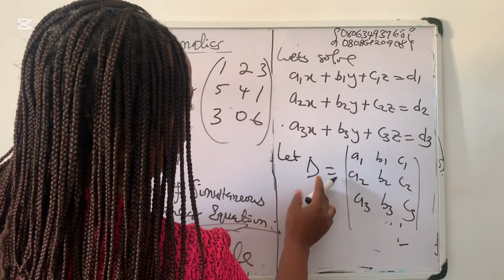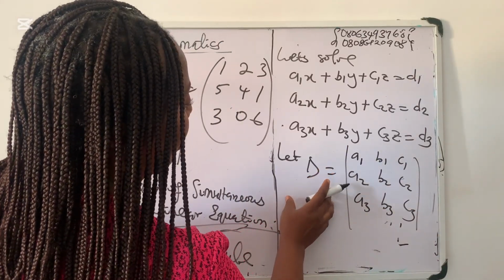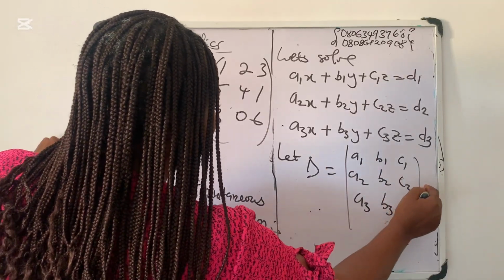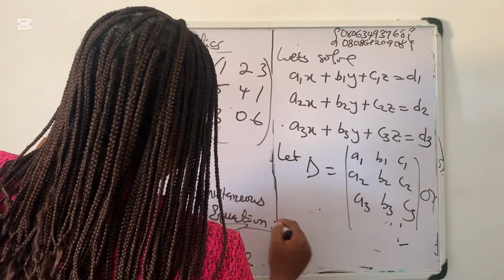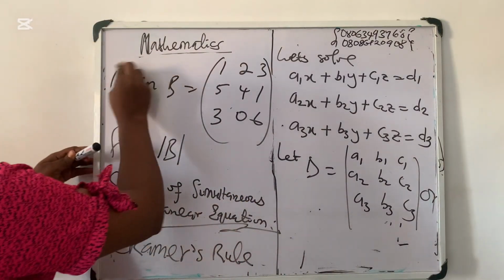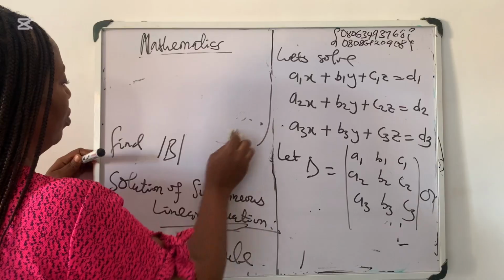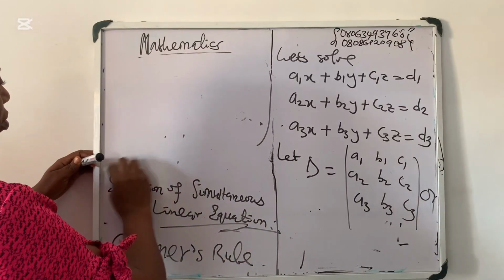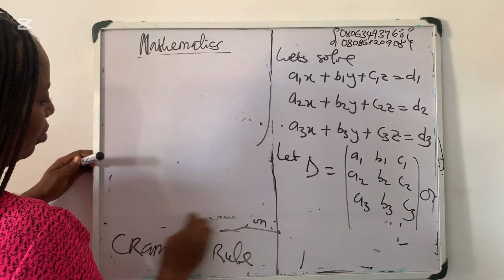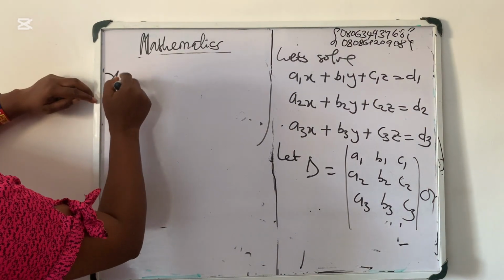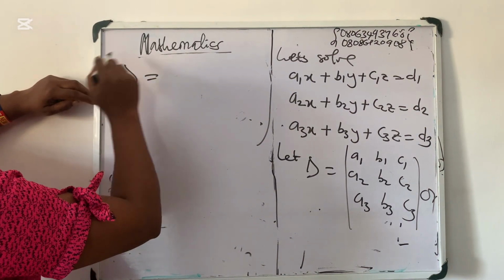This is A. This is D. This D means determinant. D equal to this, or let's make use of this other side. Or XD equal to